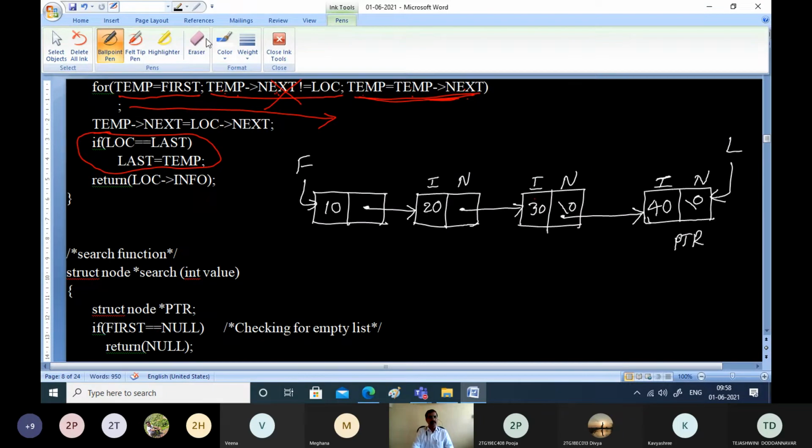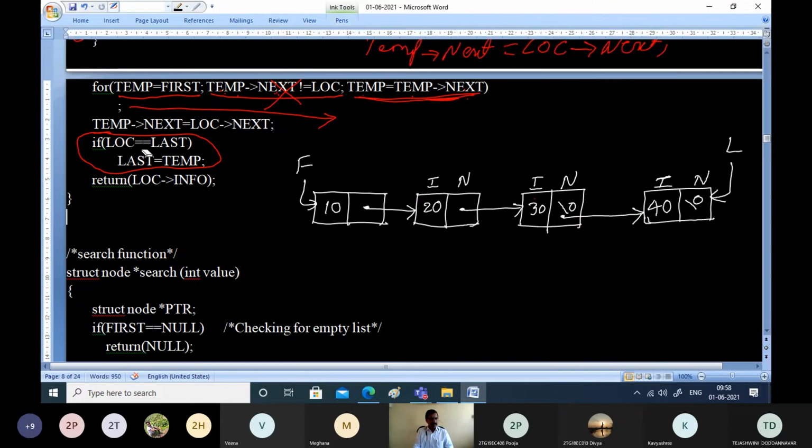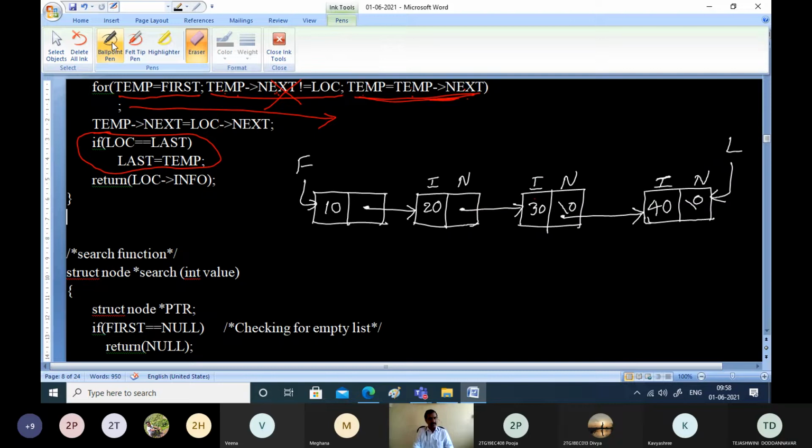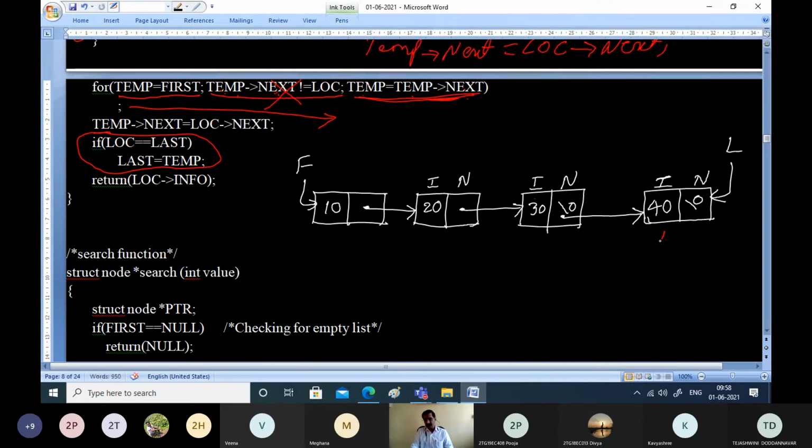Now the other part what we want here is, if the location of the element which we want to delete is the last node. That is the last case which we have to consider. We have considered all the cases: linked list empty, only one node in the linked list, or more than one node, where we want to delete somewhere in between. All the possibilities are over. What is the last possibility? We want to delete a node which is present at the last of the linked list.